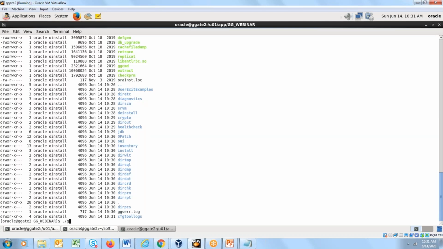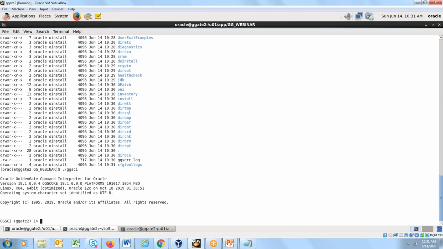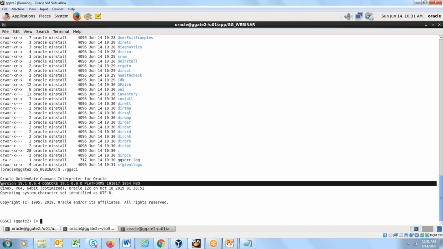Now do ./ggsci. As I mentioned, classic architecture is command prompt based architecture. So how do you log into classic architecture? That is ggsci. So do ./ggsci, press enter. You will log into ggsci. So how to check version of Golden Gate? You will see the version of Golden Gate over here.